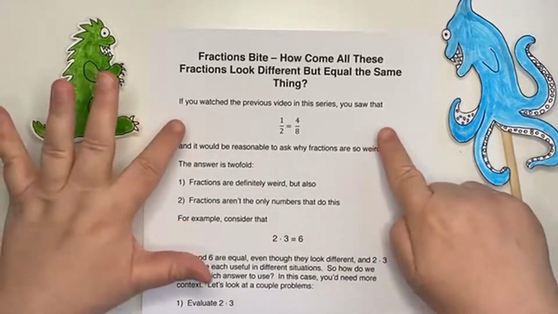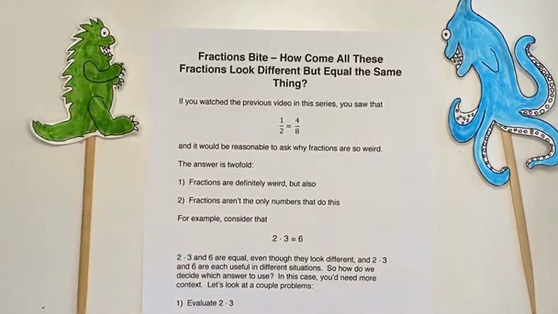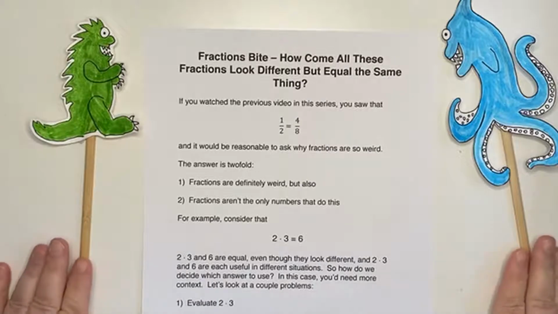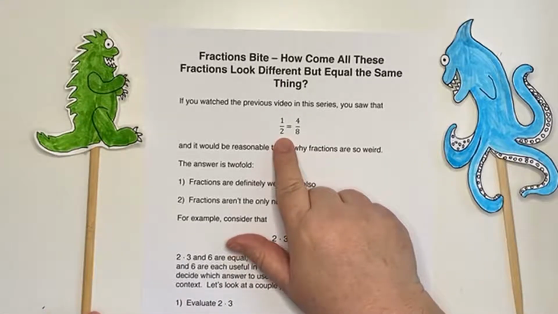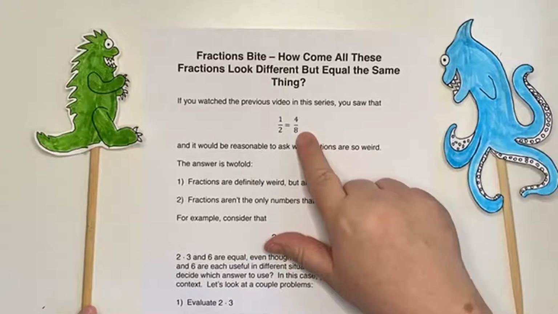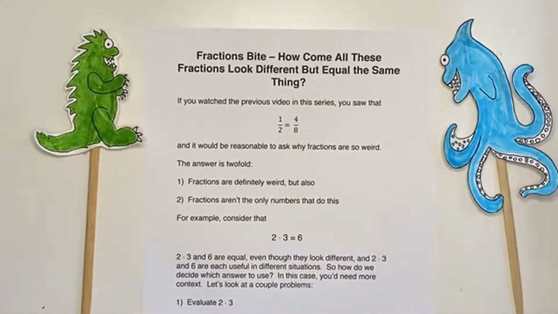If you watched the previous video in the series, or even if you didn't and you've just been working with fractions, you'll see that various fractions are equal to each other. So in the previous video, we had 1/2 equals 4/8. And the student asked me, why do you have fractions that are equal to each other? Why do you want more than one fraction that equals something? And the answer is,